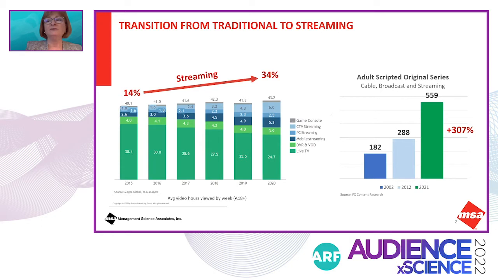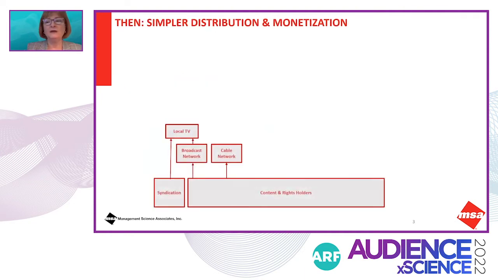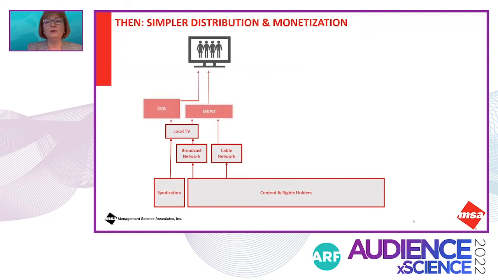According to FX research, there were 559 new scripted originals last year, an increase of over 300% compared to 10 years ago. Let's look at the then. Content and rights holders licensed programming to broadcast and cable, which distributed over the air and on MVPDs, which are cable operators, satellite distributors, telcos. Now it's a much more complex distribution ecosystem with more VOD options, more live options, more apps, and simply more